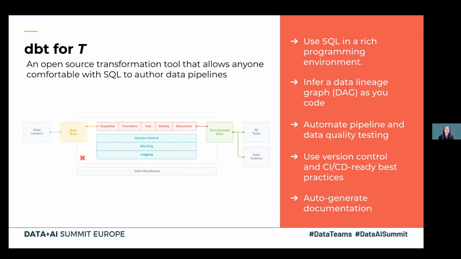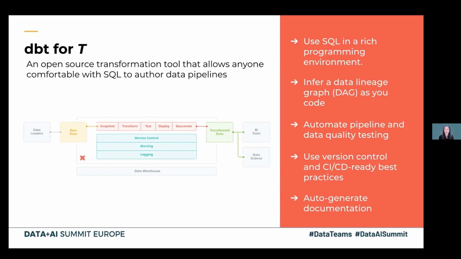So using dbt, you can use things like control structures, like if-then statements or loops. You can call local variables or macros. So all of those things that you're used to using, if you're used to authoring pipelines in, say, Python or R, you can use all of those things in dbt while keeping all of your fundamental data transformation logic in SQL.